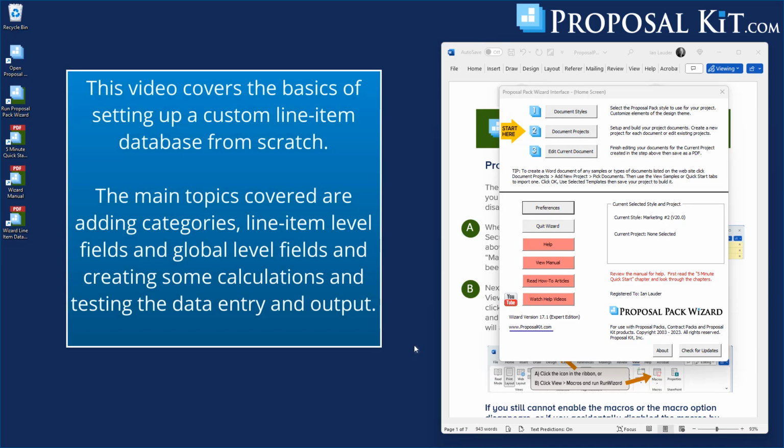In this video, we're going to show how to create a custom line item database from scratch. Now, there may be cases where you might be better off cloning an existing database, making modifications to it. So other videos will cover how to do that, and other videos will cover the advanced topics. We're going to get into just the basics of how to create your own custom database, get started doing that